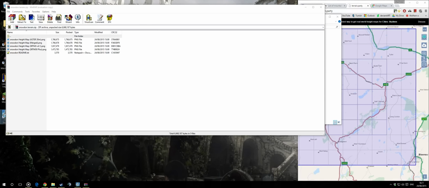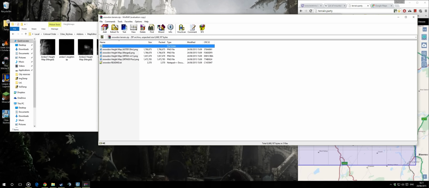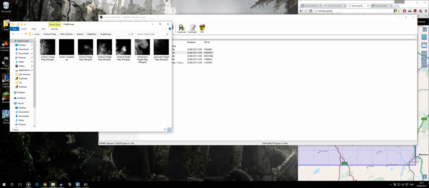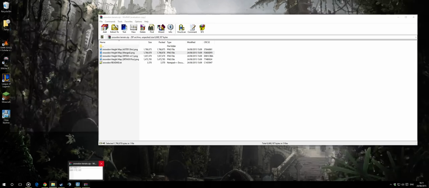Okay, so the one that you want, it's gonna have a few available. Now you can put all of these in and then compare. The one that I like though is the merged one. It seems to give the nicest looking style. So this is a height map. This is what they look like, and it's basically just a black and white image of the terrain that you just exported,